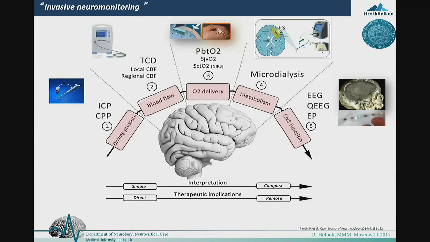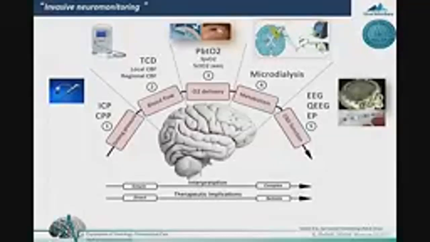So if you go into neurocritical care, it's super fun, especially if you like toys, gadgets, and gizmos. Man, we got them all. And I'm going to go through these different types of technologies. We talked about ICP. We have transcranial Doppler, which, but I'm sorry, that's not TCD, but